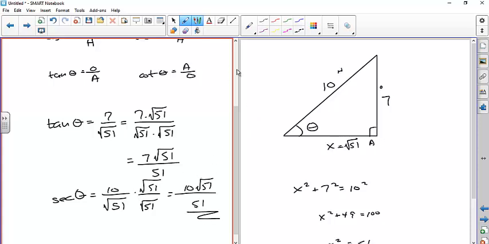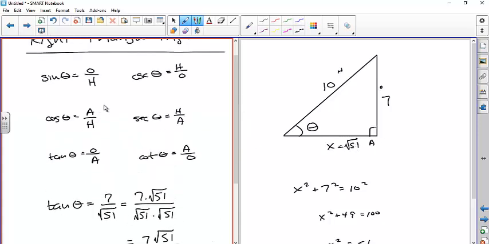All the other ones are going to have the square root already in the numerator. That would be where the adjacent side is in the numerator. Those two are going to involve square roots, but it's already going to be in the numerator. And then the sine and the cosecant are going to be dealing with whole numbers. So that's pretty much it for